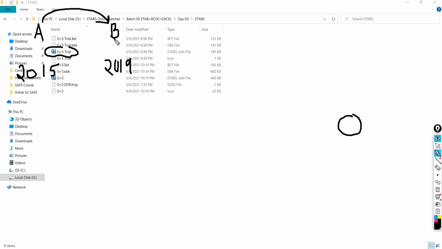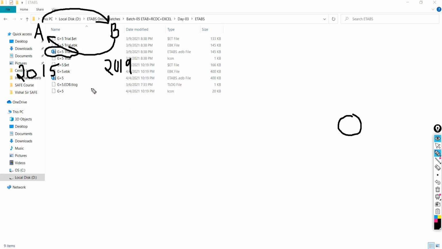But if person B sends the model file to person A, person A will not be able to directly open that file. Are you getting my point?